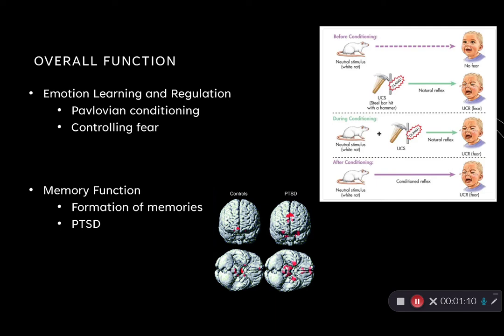A good example of this would be Pavlovian conditioning, where a neutral stimulus is paired with an aversive unconditioned stimulus. With repetition, the neurons in the amygdala will be conditioned to change in stimuli. An example of this is the famous Little Albert experiment, where the child did not fear the rat initially, but when they hit the metal bar, the aversive stimulus, on repeated occasions, Albert was conditioned to fear the rat, as you can see in the picture.